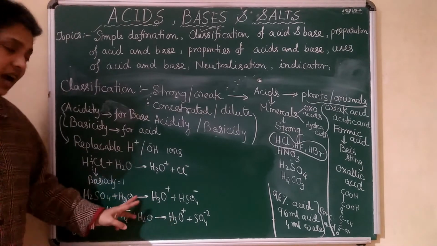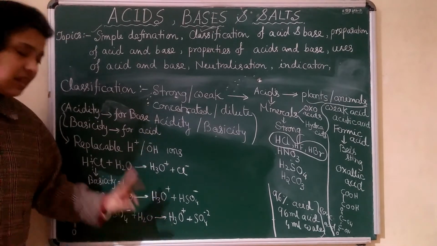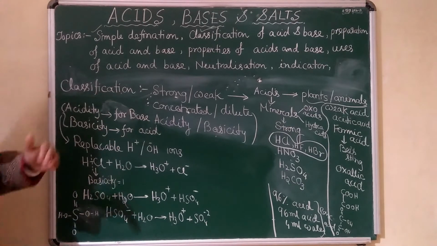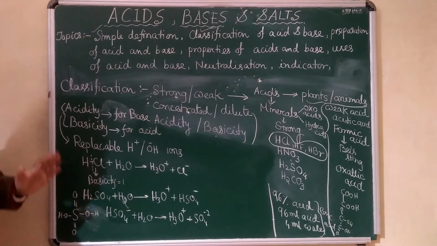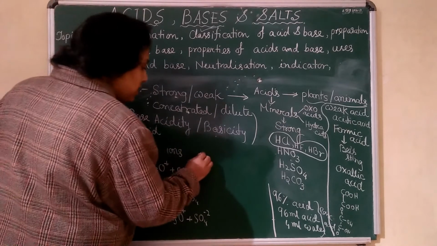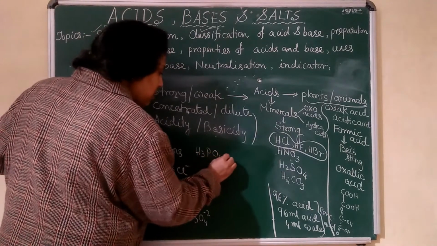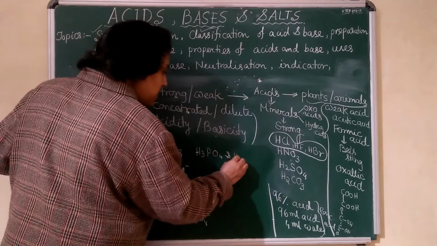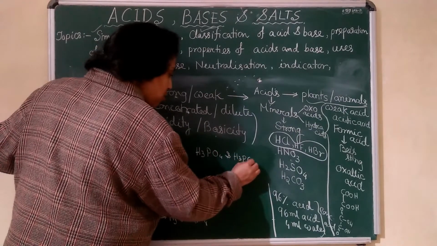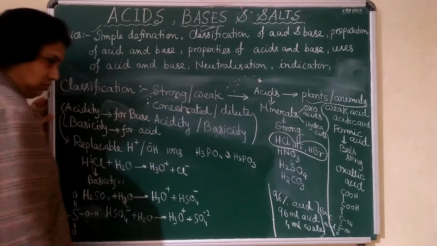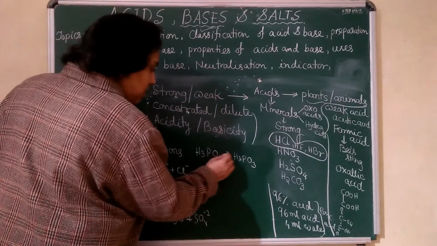And if you write the reaction, then also we have seen that 2H plus ions are replaced. तो both ways, your concept should be clear. क्यों मैंने ये वाला स्ट्रक्चर बताया? क्योंकि नेक्स्ट एग्जांपल इज इफ यू आर टेकिंग H3PO4, and this is phosphoric acid, H3PO4, phosphorus. So what will happen?